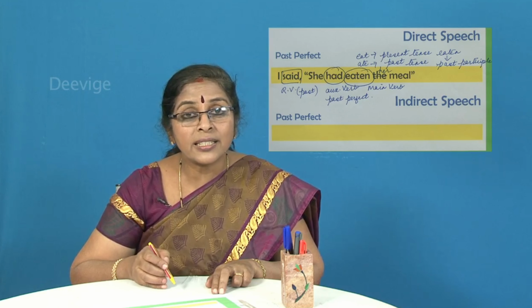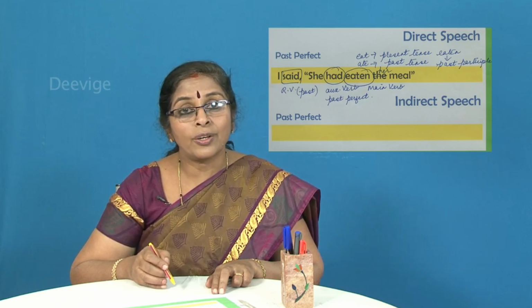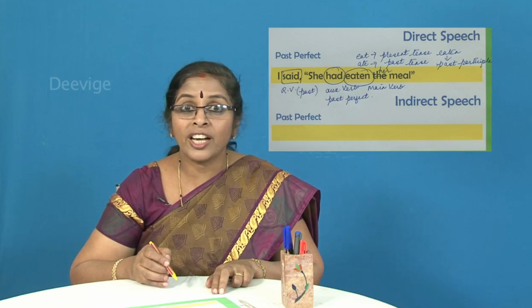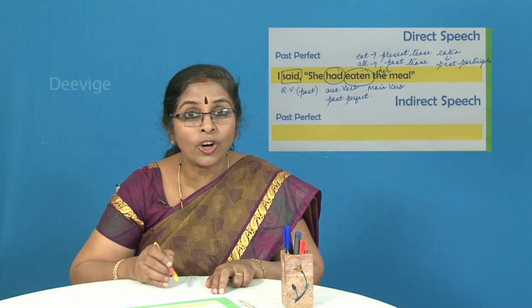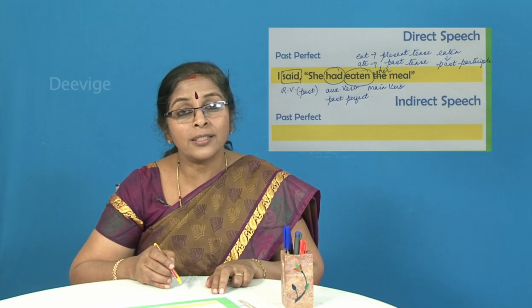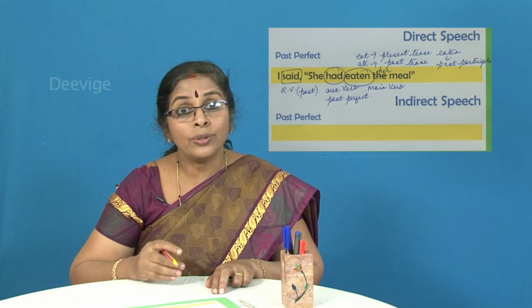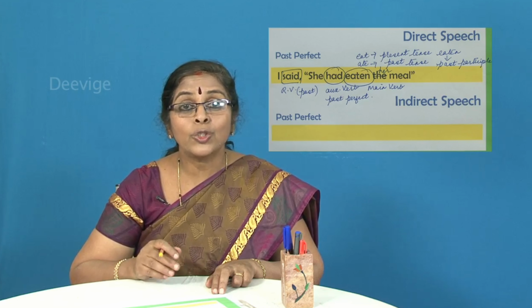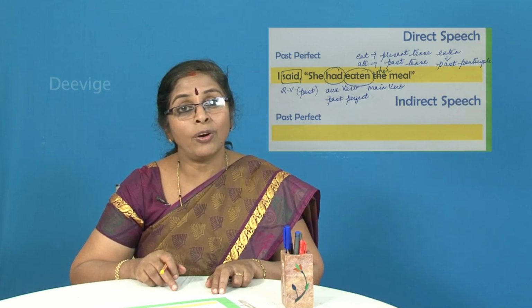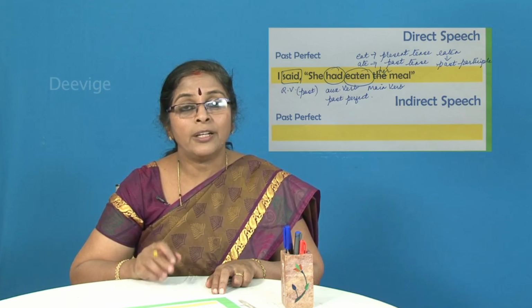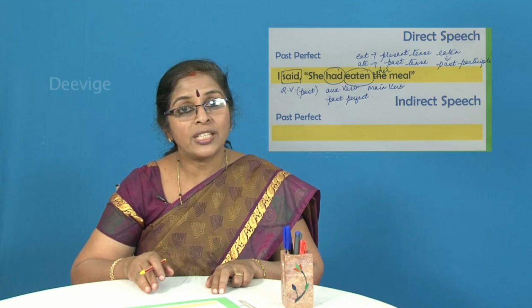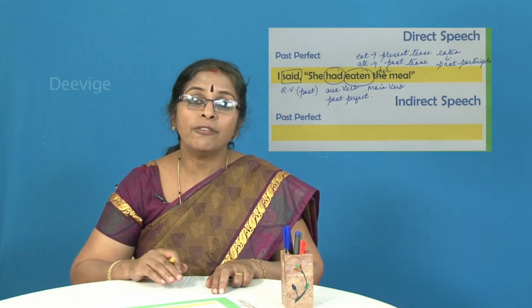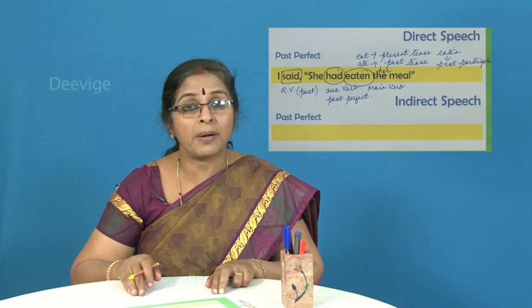Why is eat an example of an irregular verb? Because you don't have any word in the English language called eated. You cannot say eated. Eated is not the past tense. What is the past tense of eat? It is ate. So, there is a change in the spelling of the entire word, right? So, this is an example of an irregular verb. A regular verb is a verb which takes ed in its past tense, and an irregular verb is a verb which cannot take ed in its past tense.